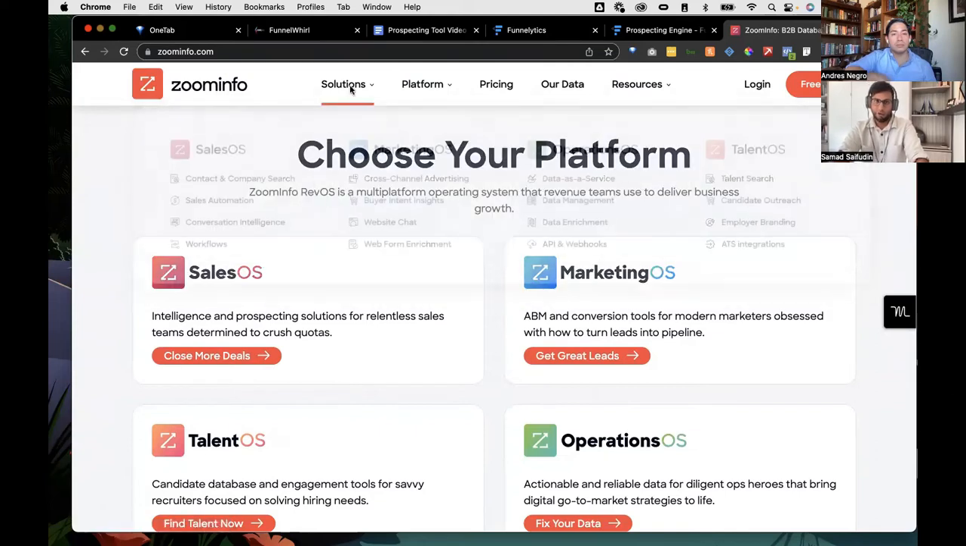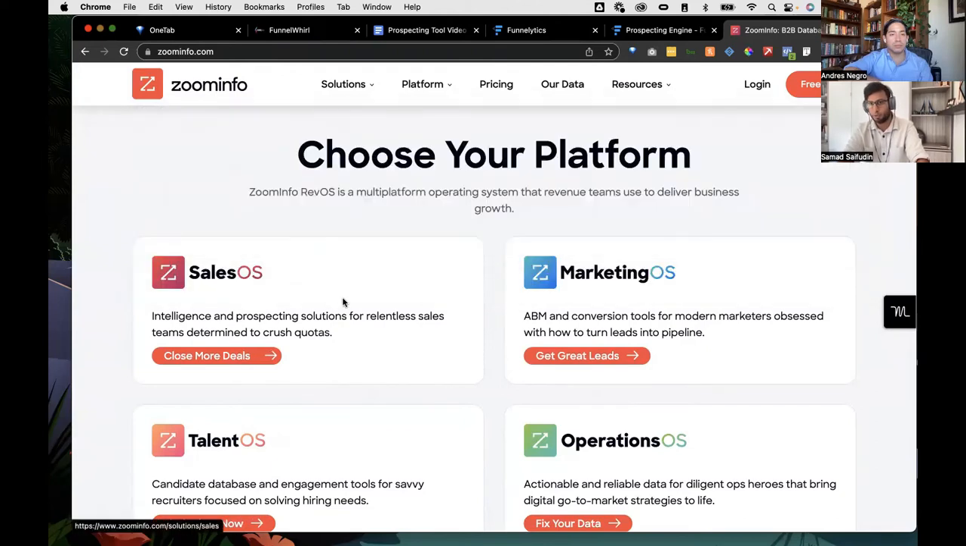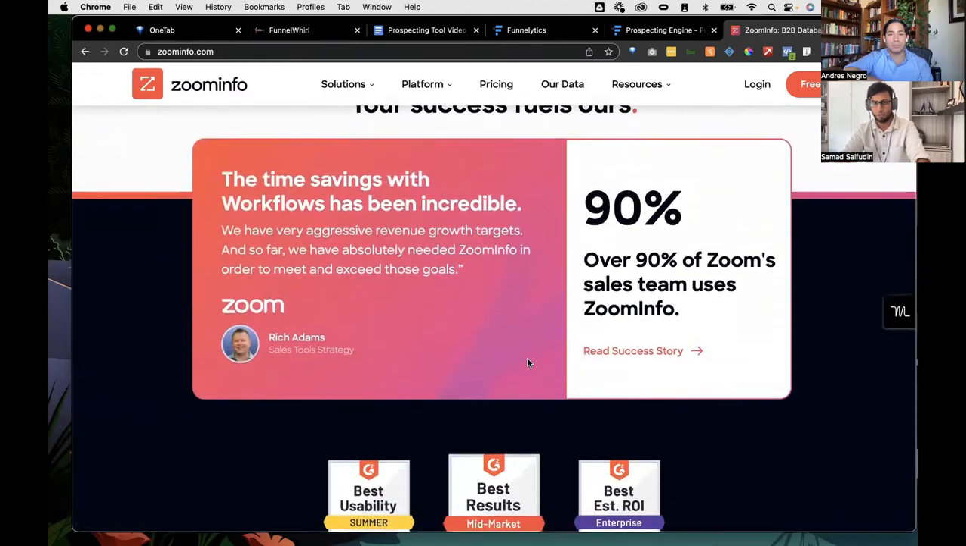But all in all, really, Sales OS and Marketing OS are the bread and butter of what ZoomInfo does. And we've taken that and added it into one CRM that allows you to do the automation. Because this Marketing OS that ZoomInfo has only works if you tie this software into a CRM, right? So